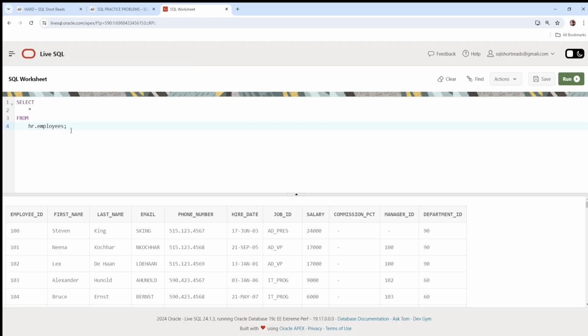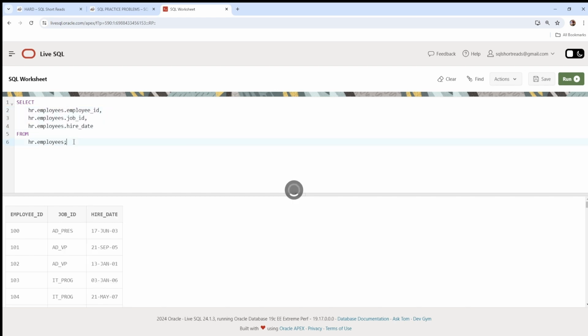All right, let's start off by writing a query that generates our list of mentors. We need 3 attributes: the employee ID, the job ID, and the hire date. Let's go ahead and fully qualify these. And run the query to make sure that it works. And it does. So we get 1 row per employee and the corresponding desired attributes of employee ID, job ID,